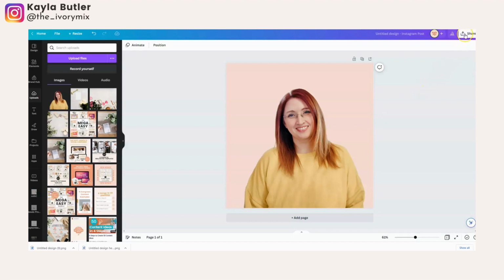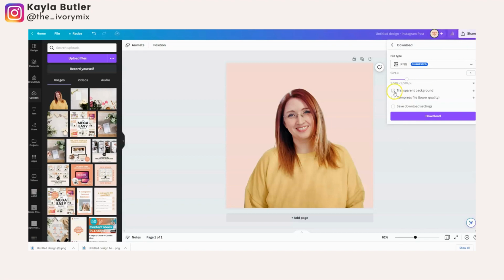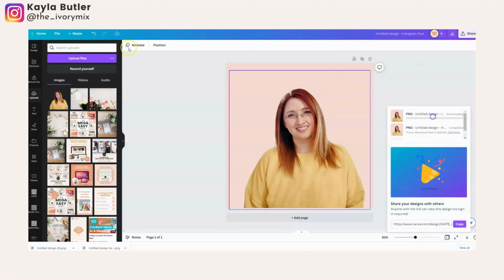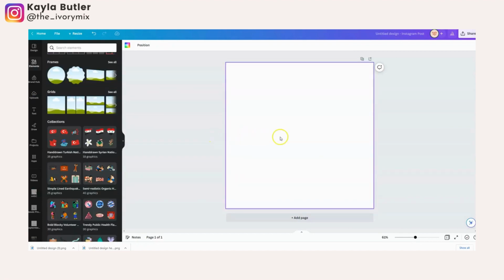Then what you want to do is download this image as a PNG, but this time don't click transparent background because you want it to download with the pink background. So go ahead and click download and save that too. So now in your upload section under Canva, you will have a photo with a solid color background and a photo with no background. The next step is to clear your canvas so that it's a white canvas again,